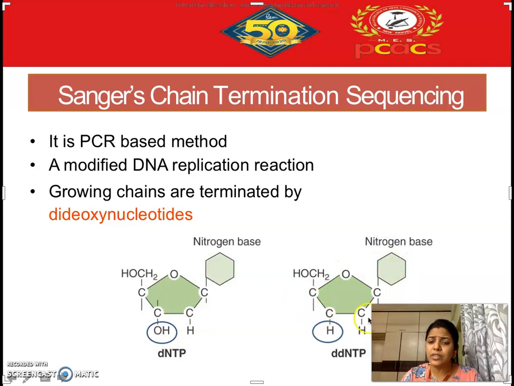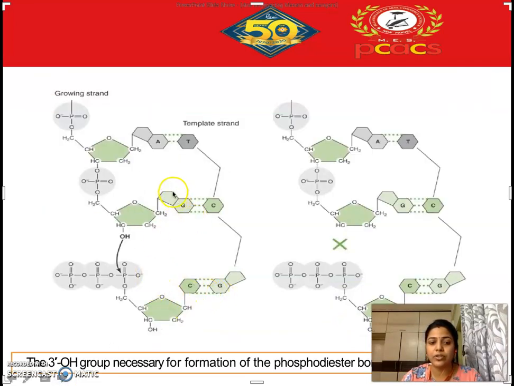But when you see the structure of your dideoxynucleotide, it is called dideoxy because in this carbon also one oxygen is removed, so hence it becomes a deoxynucleotide. In this particular molecule you will be seeing for both these carbons the oxygens are being removed. So this particular OH group now is being removed from here. So hence it becomes a ddNTP, that is your dideoxynucleotide.